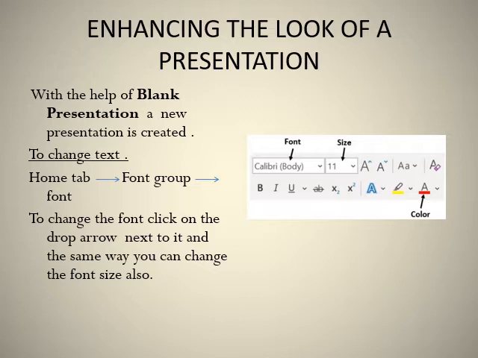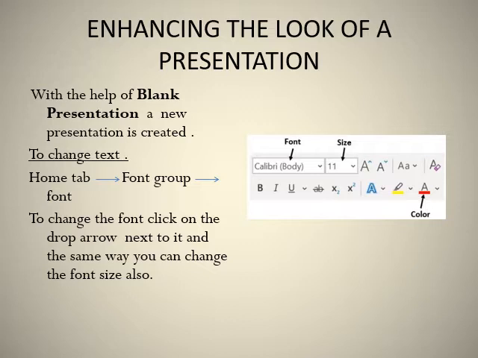We will click on Home tab, Font group, then Font. This dialog box will come. In the font section, we can use this drop down arrow to select a font of our own choice. In the size group, we can select which size we want to write.